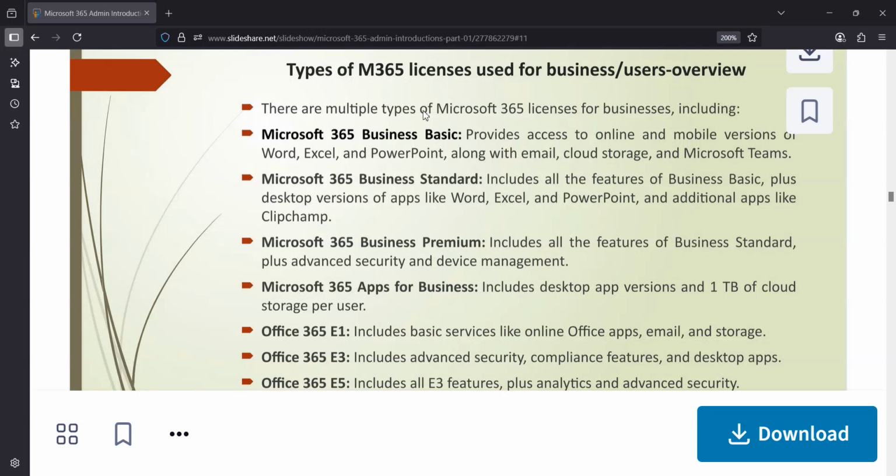Like the type of Microsoft Office 365 licenses used for business users. So here there are multiple Office 365 licenses discussed, and here is the list, where first is the Business Basic, which provides access to online and mobile versions of Word, Excel, PowerPoint, along with email, cloud storage, and Microsoft Teams. So with this, you can also access Word, Excel, PowerPoint, and email on your mobile devices as well